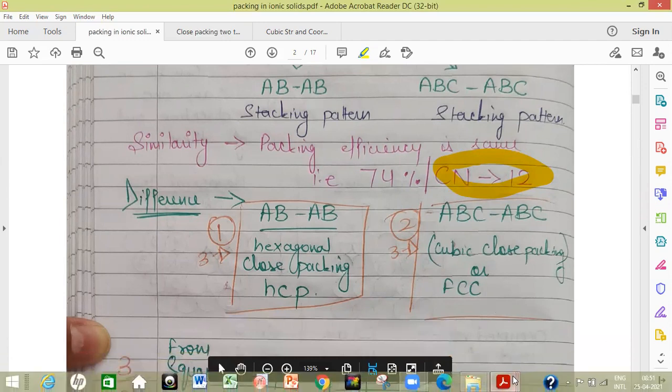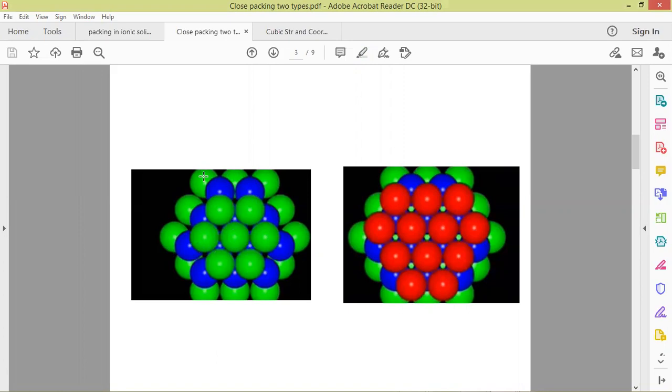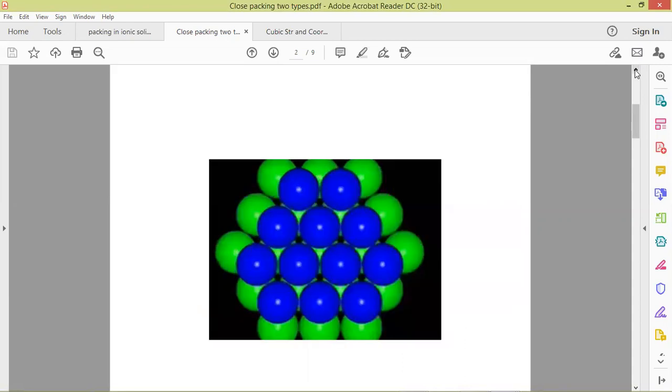So getting back to that colored sphere, here we have shown how we put the third layer. Here the green layer is the bottom layer. Now we have the blue layer. Let's get back to the earlier slide. If you see clearly, after the blue layer we have two types of voids again. One is here, where we can see the green color, and the other one is here. So either we can put the spheres on this type of void or this type.